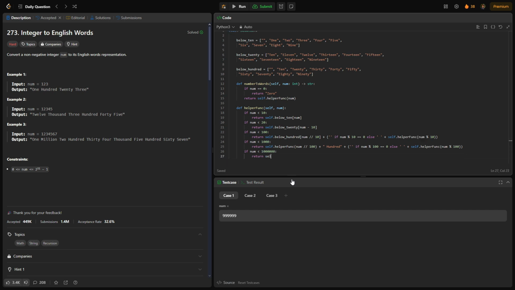Return self dot helper func of num divided by 1,000 plus 1,000 plus empty if num percent 1,000 is equal to 0, else space